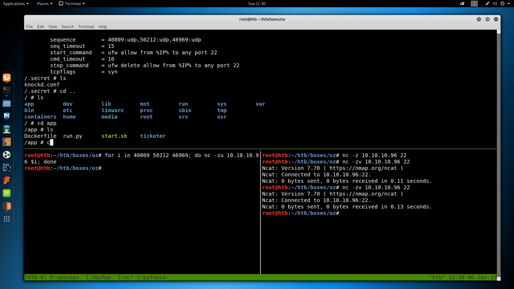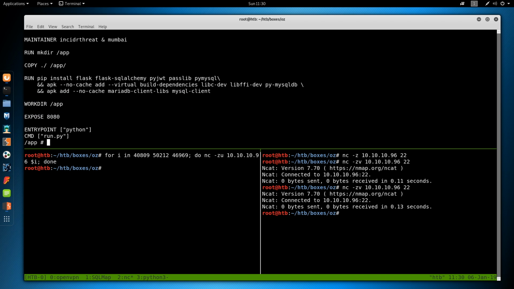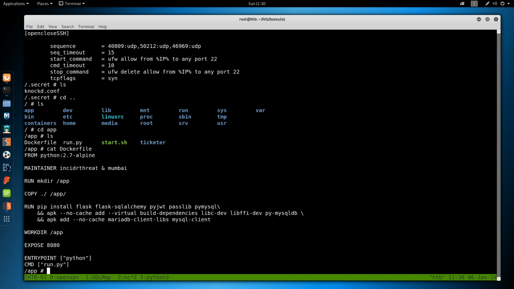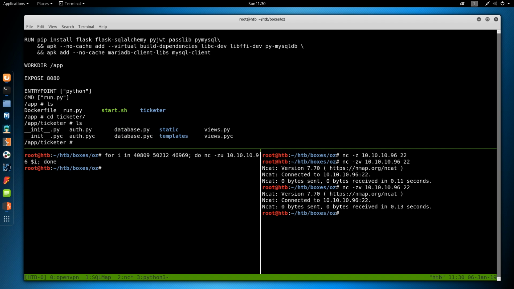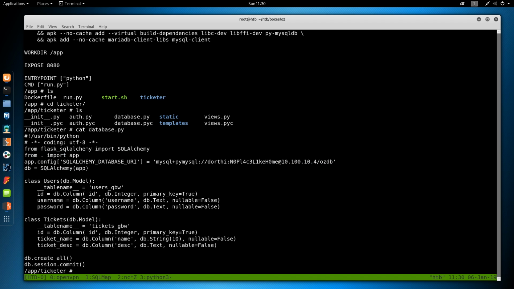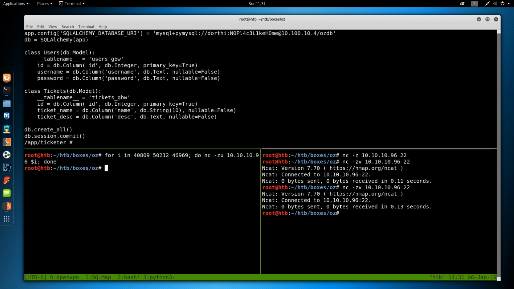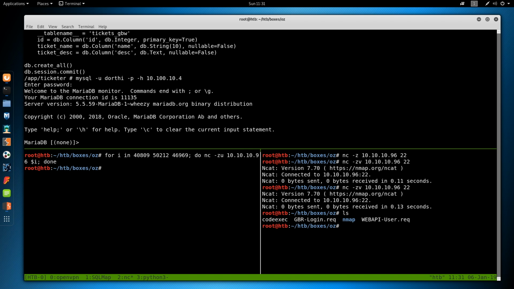Let's go into app. Let's cat the Dockerfile. And nothing really there. We got maintainer insider threat in Mumbai. Let's go into ticketer and cat the database.py and try Dorothy's password for this SSH key. I didn't actually save the SSH key, so let's go up a few times. MySQL, enter the password, select load_file, home, dorothy, .ssh, id_rsa,